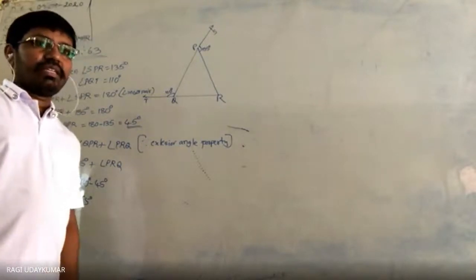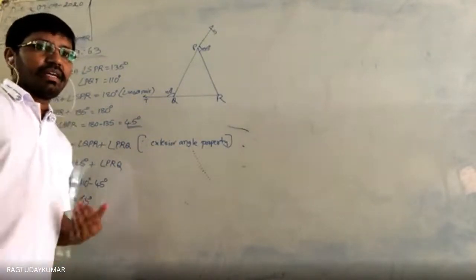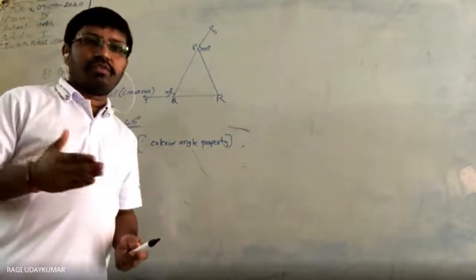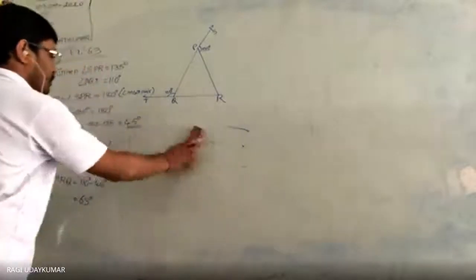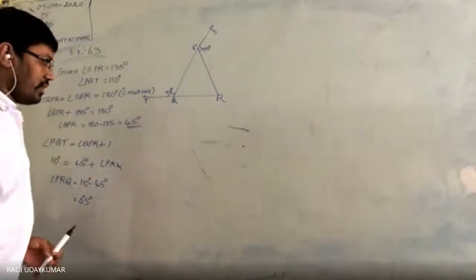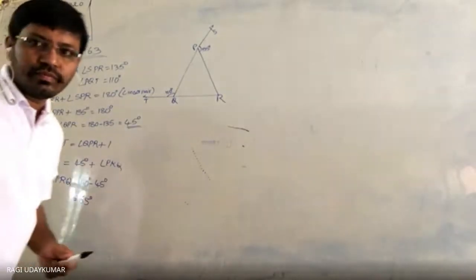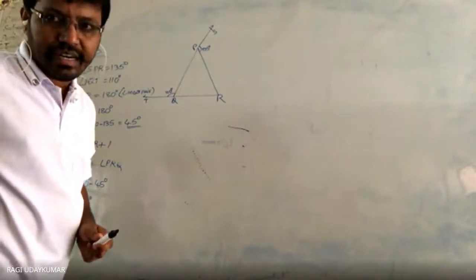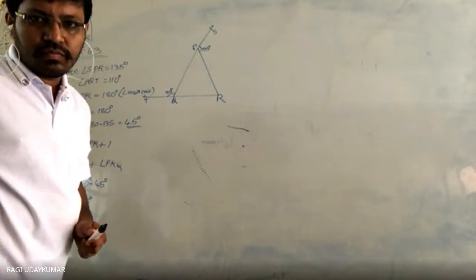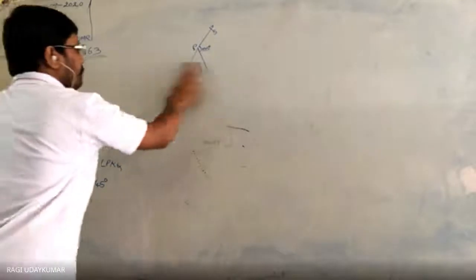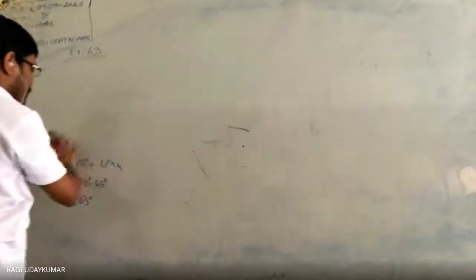Second problem: here it is given that angle XYZ is equal to 54 degrees. It is okay, I will explain to you. Did you understand this one? Any doubt here? It is a very simple problem, I think it is very clear to you. Is it clear, or do you have any doubt? Okay, next, let us go for the second problem.